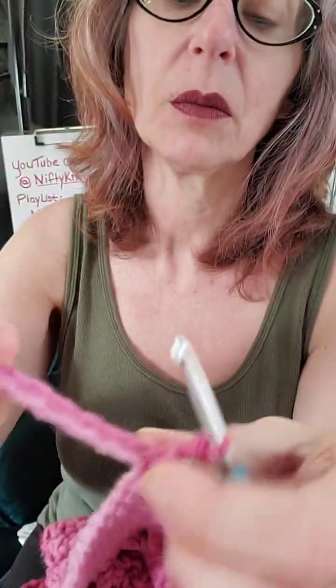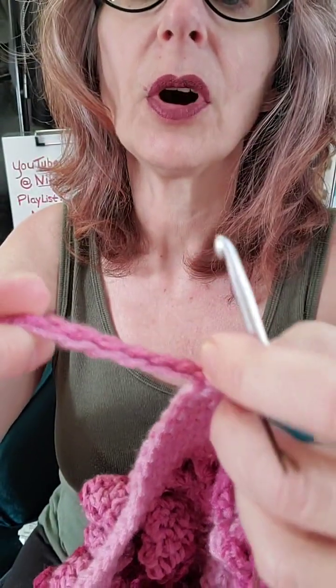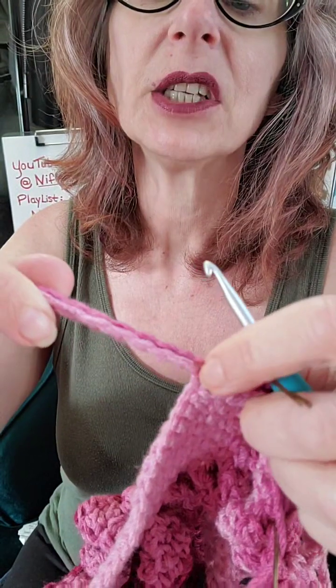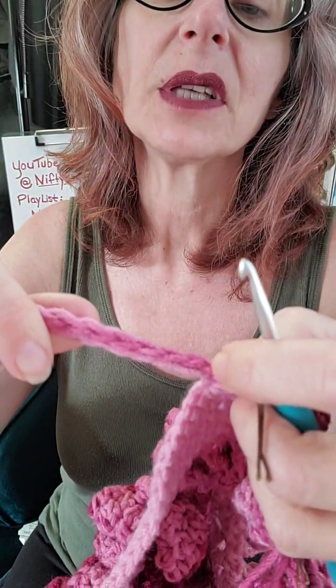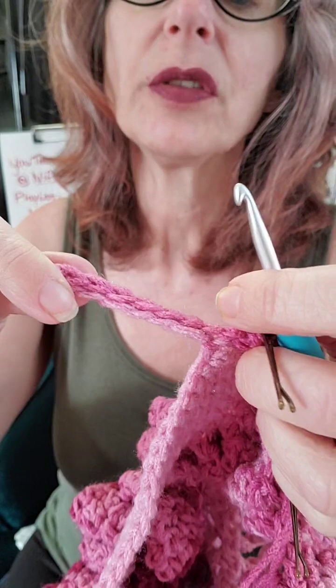Okay, so now when we're working up the handles this time, and I am going to show you because I'm going to twist them this way towards me. So you can see, because of the different colors in the ombre yarn, the first set of chain stitches we did were with the light pink. When we made our way around, the second set of stitches were with the dark pink. I'm going to turn that